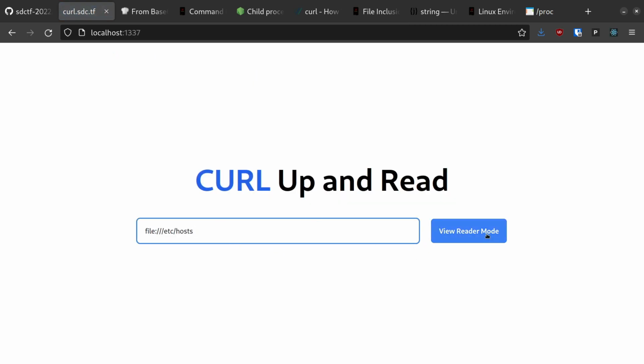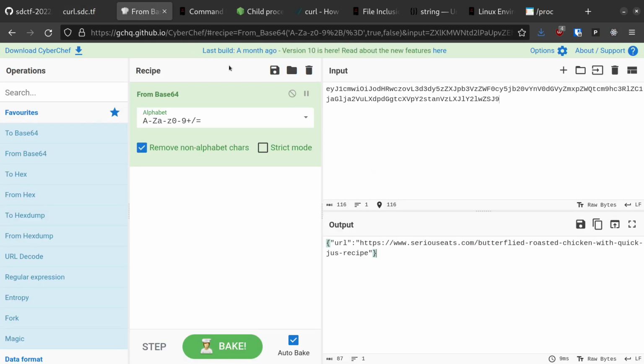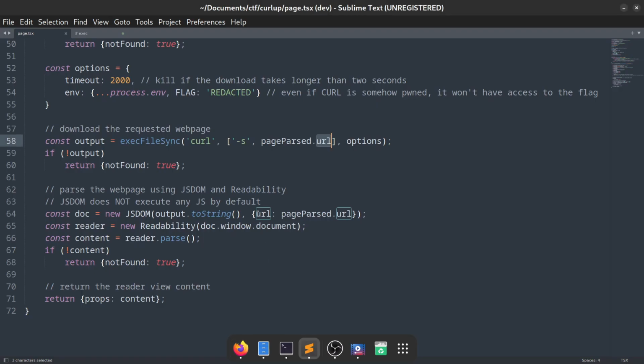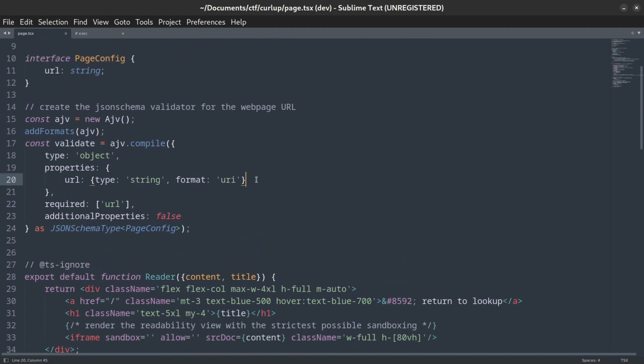If we enter this file path into the reader view input, we get nothing. Okay, it looks like there might be a client-side check that's preventing us from submitting this, but that's fine, right? We can still bypass that fairly easily and submit this request directly to the server. Only, now that I think about it, we actually do know for a fact that the server is validating the submitted payload against the URL format. So I don't really see how we have any flexibility here to give it a file path.